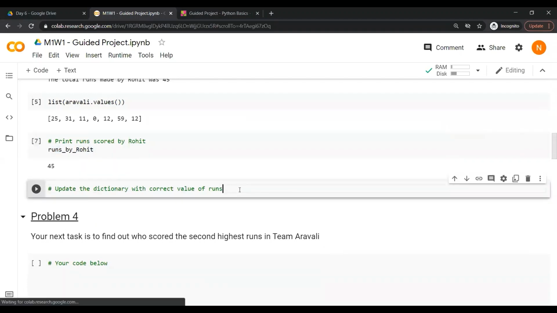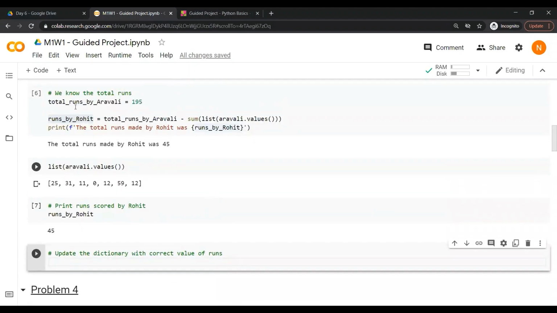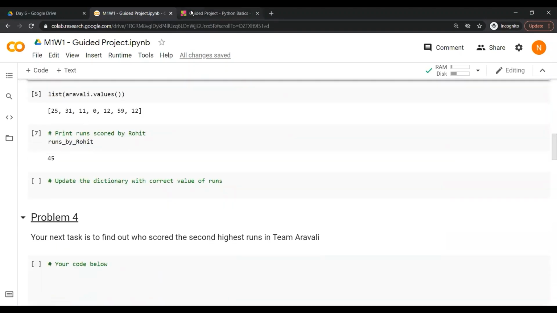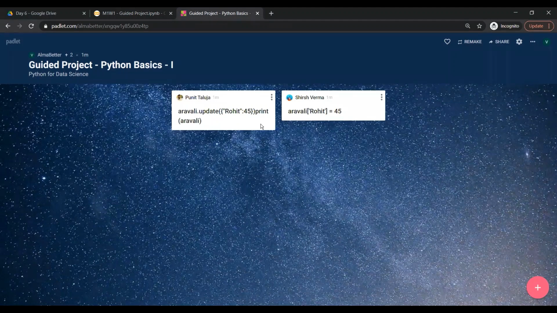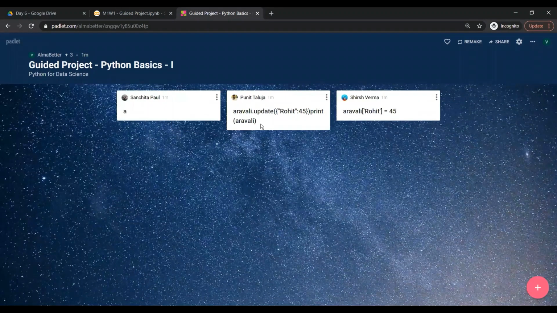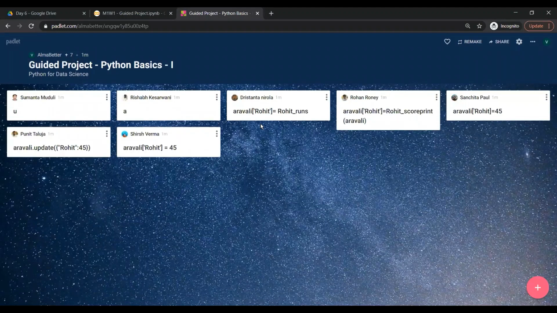Next, we need to update the dictionary with the correct value of runs. What do you think we should do? Sheets is coming up with a very straightforward solution. Puneet is saying that he should use the update statement. Sanchita is still writing. So you essentially